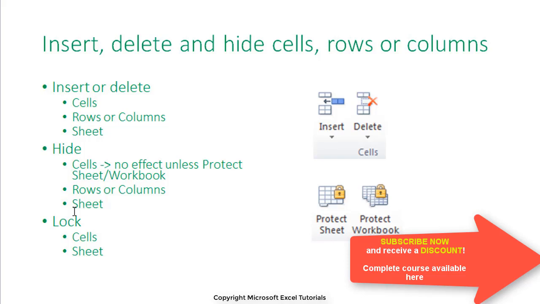If you want to unhide a row or column, you can select the previous and the next row or column and click Unhide. On the other hand, if you want to unhide a certain cell in a protected sheet or workbook, you have to unprotect that sheet or workbook with your password. You can also choose to lock certain cells or an entire sheet from being edited by also using Protect Sheet or Protect Workbook. If I now go back to my Excel file,